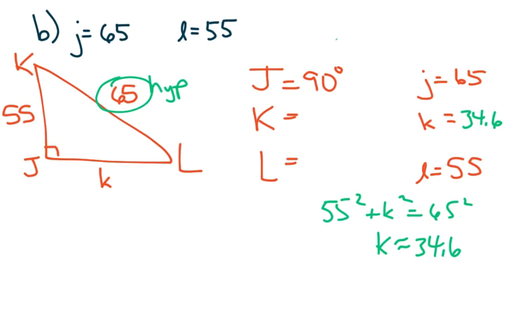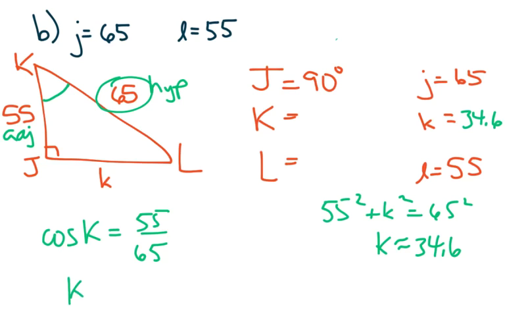Now, we're going to have to use a trig function to find one of our missing angles. I'm going to pick angle K just because it's next in the column. So in order to find K, I'm going to use the 2 given sides. This is adjacent, and that's hypotenuse. I'm going to use the cosine of angle K is equal to 55 over 65. So K is going to be the inverse cosine of 55 over 65, which is going to give me approximately